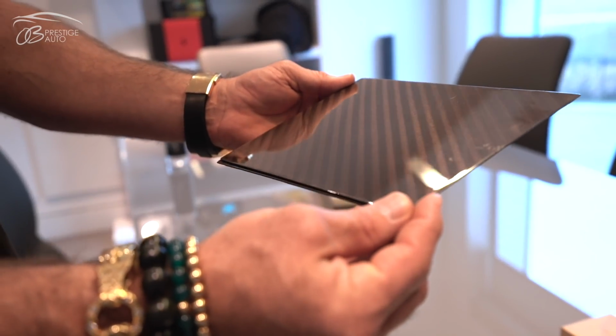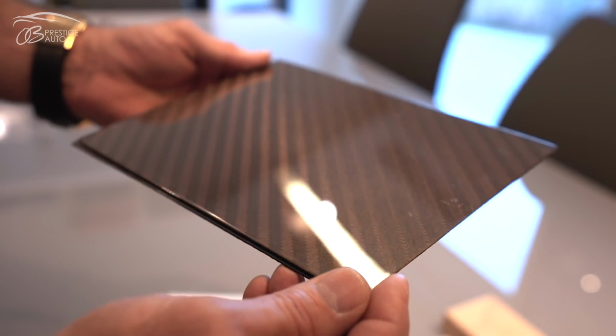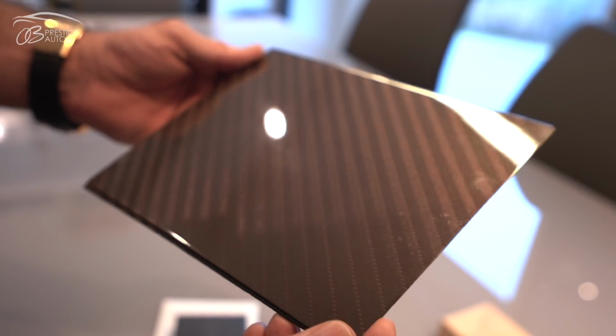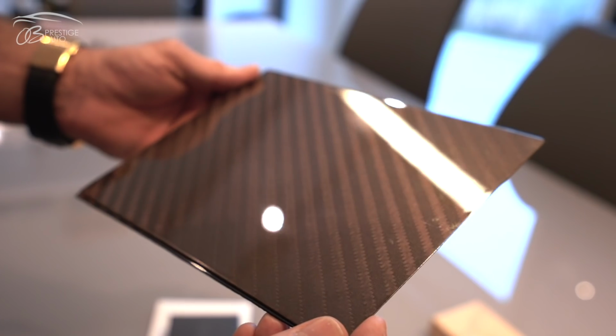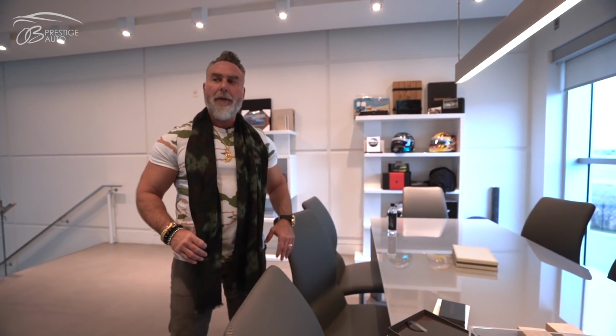You can see it. Rose gold carbon fiber. There's a nice, light pinkish color to it. Nice flake. And you know what? I left the Pagani manufacturer saying, you know what, I'm going to stick with my choice. And I had a change of heart a couple of months after, and I called and said, you know what, let's change my configuration because, at the end of the day,